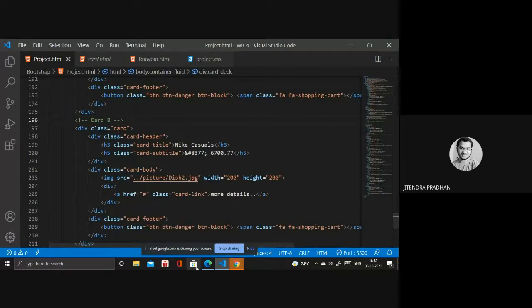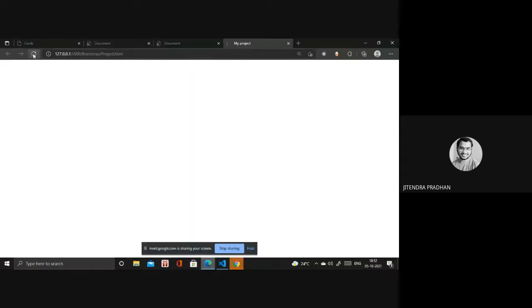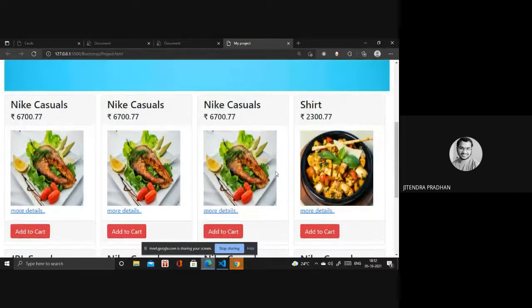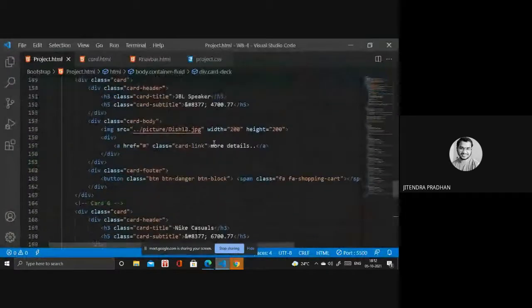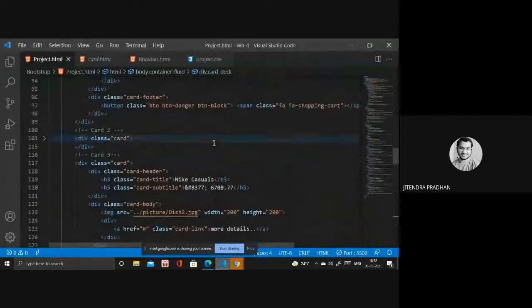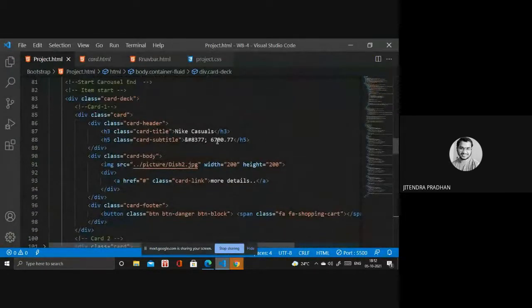Done. So we need to change the price. All these things we have to change. So now we're designing that particular section, and we need to change that picture, all these things before that. So we go to that first one. It's like a first one. Where is that? Yeah. So it's like part of the picture we are using.